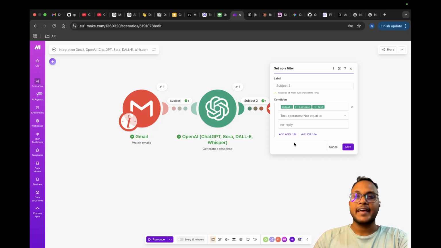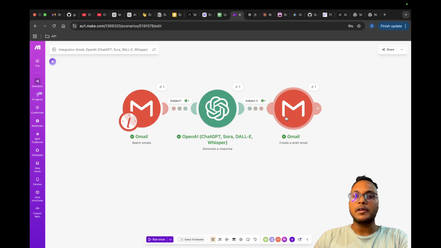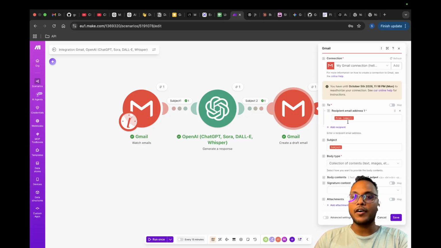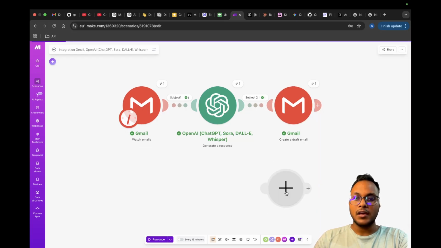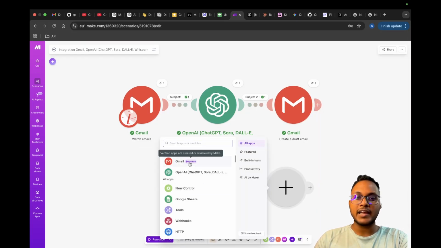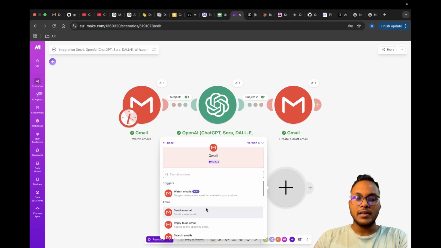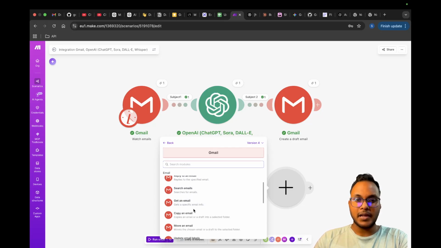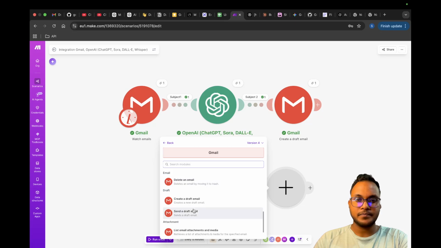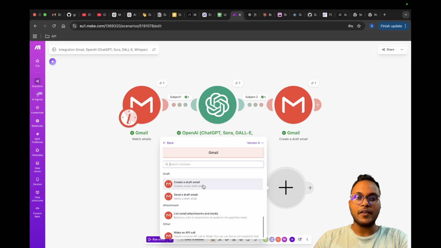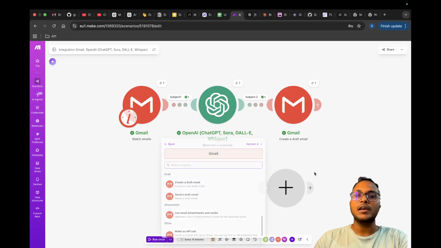Now coming to Gmail, we have given the option of creating the draft. Whenever you are going to add any module, let me show you this. If you double click on this, you will get this Gmail. See, reply to a mail. Here, this is the draft email. After clicking on this, create draft email only, I have